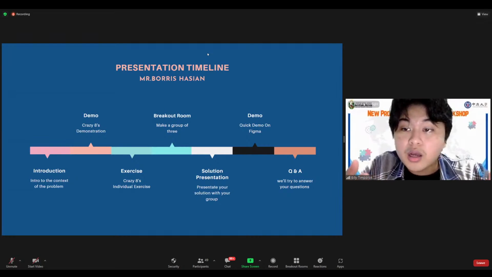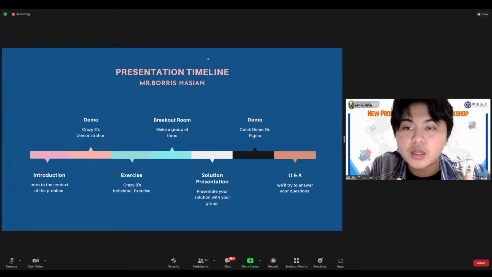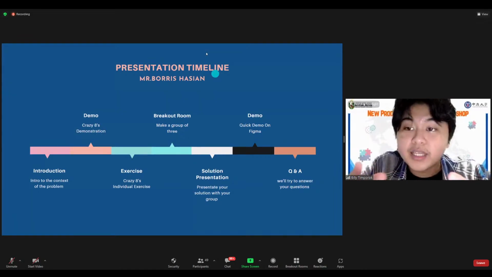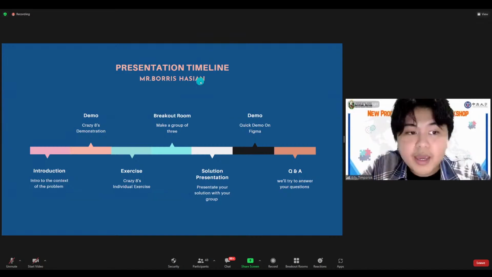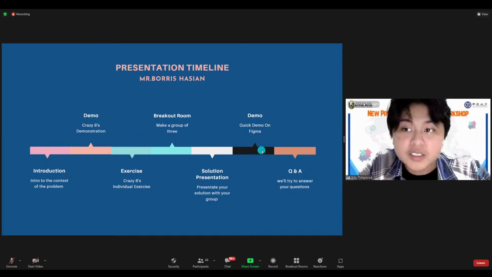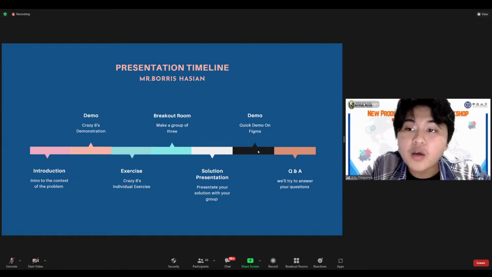Then we're going to be split into different breakout rooms, each consisting of 3 people, so you'll make teams of 3. After that, you will make a presentation about the solution that your team made in the breakout room, and then we'll have a quick demo about Figma. And after that, I hope and I think you will have tons of questions about design.